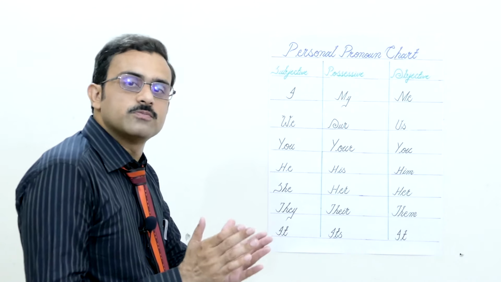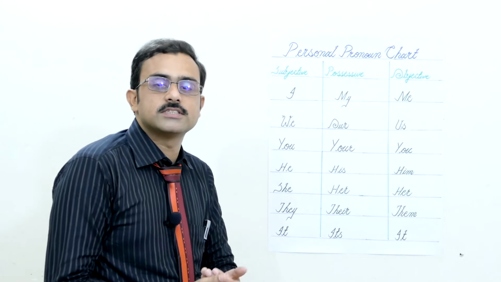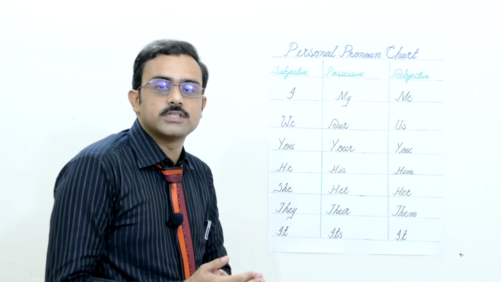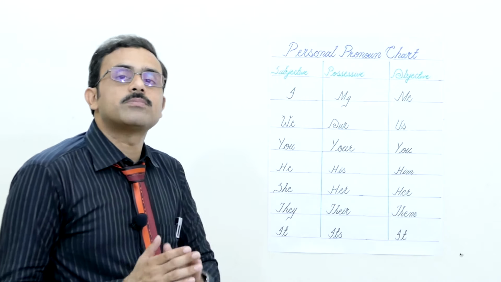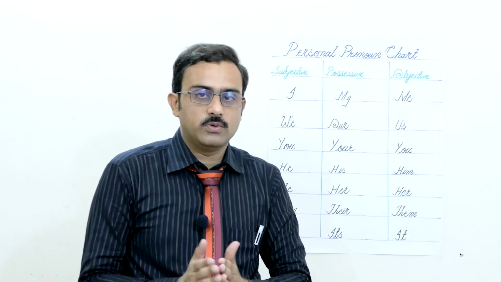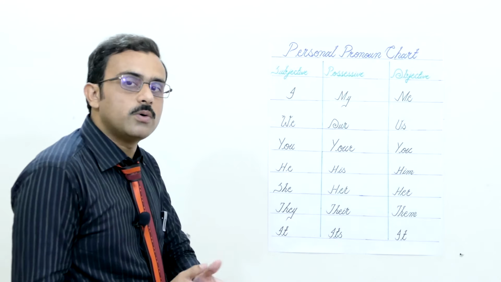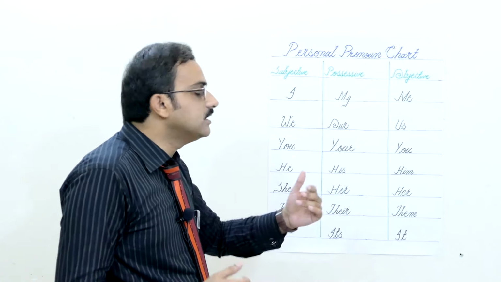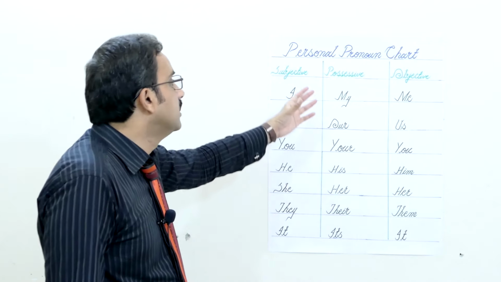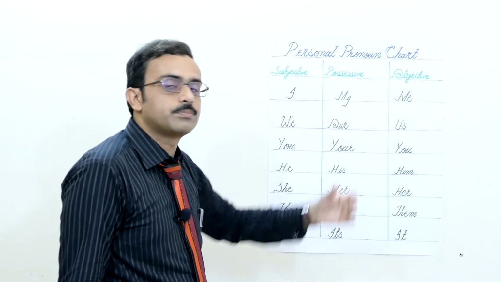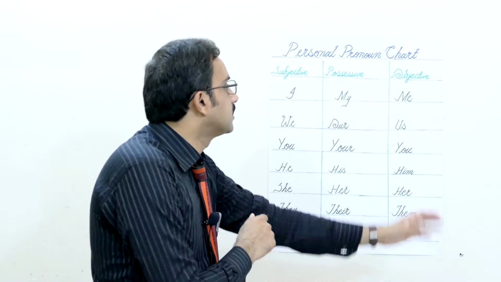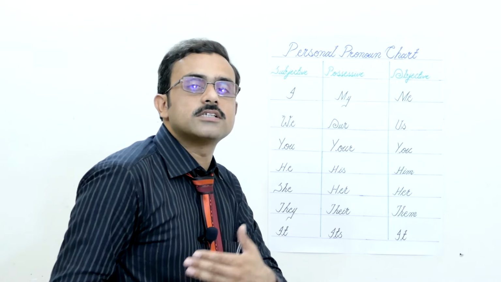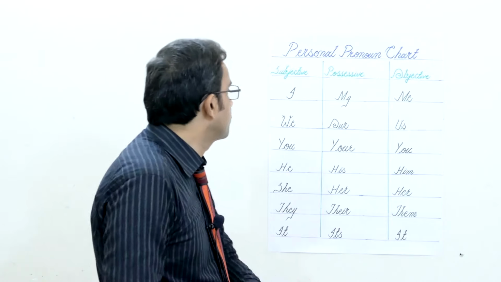Okay guys, first of all, on board we have discussed the difference between active voice and passive voice. We have discussed the prominence, meaning the significance, of active voice and passive voice. Now I'm going to move to another segment. In this segment we will discuss the chart of personal pronouns with its specific cases.